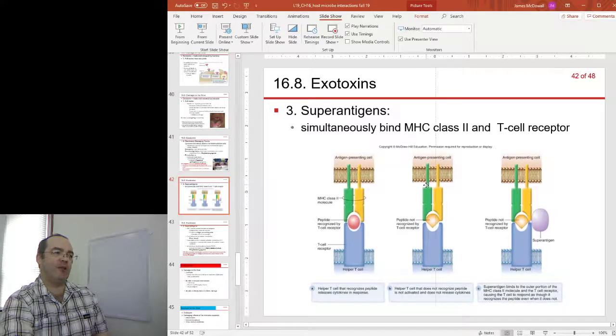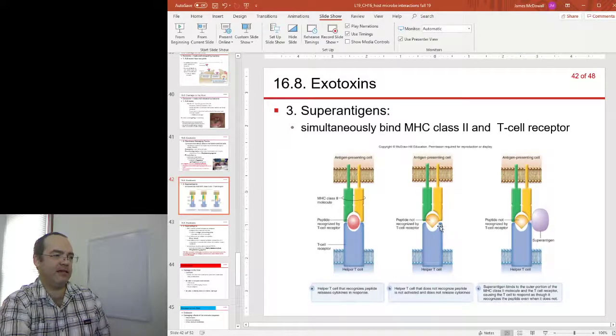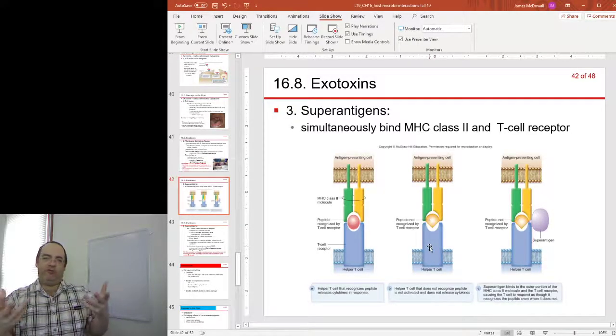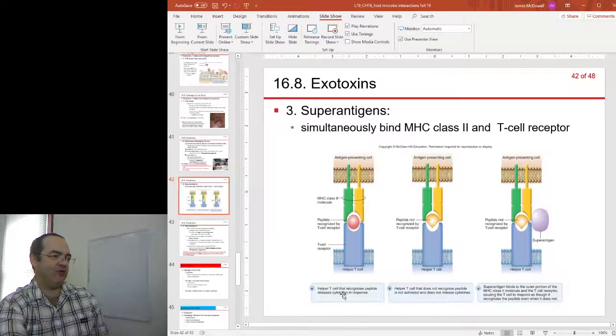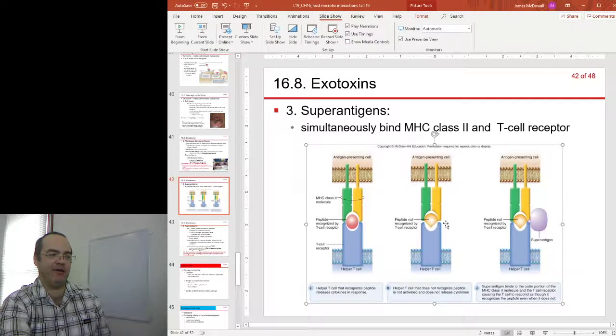Sometimes the antigens that are presented by antigen-presenting cells are not harmful. In this case, this yellow diamond is presented to the T cell. And the T cell says, no, that's nothing to worry about. T cells need to discriminate because of the damaging effects of activation. When the T cell releases these cytokines, it's going to have damaging effects to the host. So if the T cell doesn't recognize an antigen as being harmful, it will not